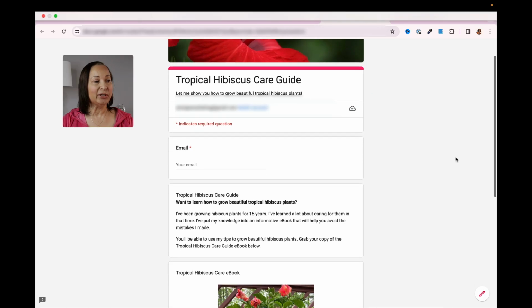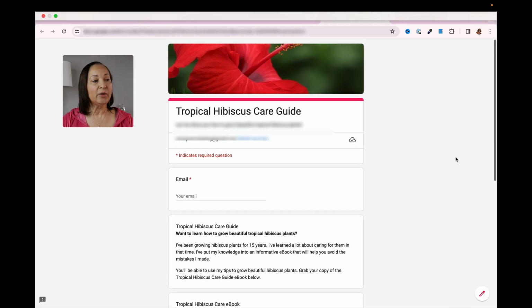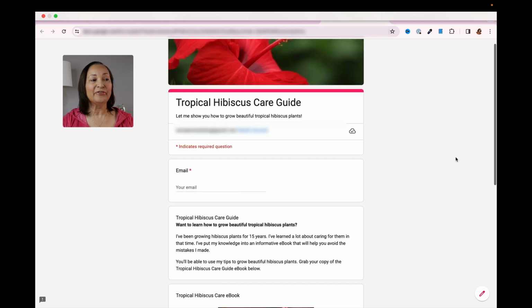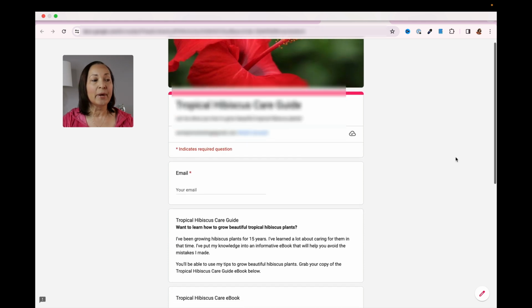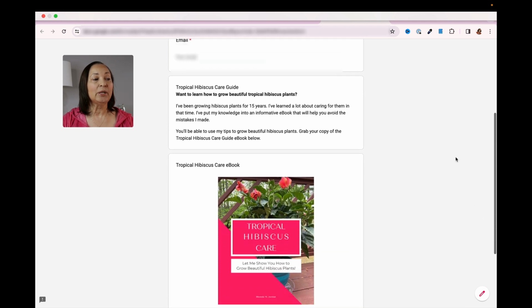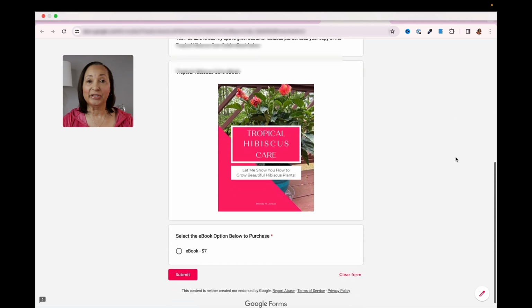So the first thing we're going to be doing is creating a simple sales page. To give you an idea of what your sales page will look like on Google Drive, I'm going to point your attention to what you see on the screen here. Essentially, this is a modified version of a Google form that has been adapted to allow you to put in the information necessary to describe and start the process of selling your digital product. So let's get right into what you're going to need.